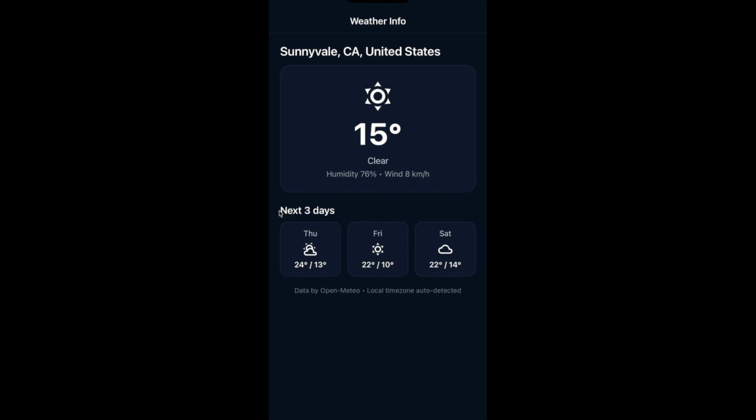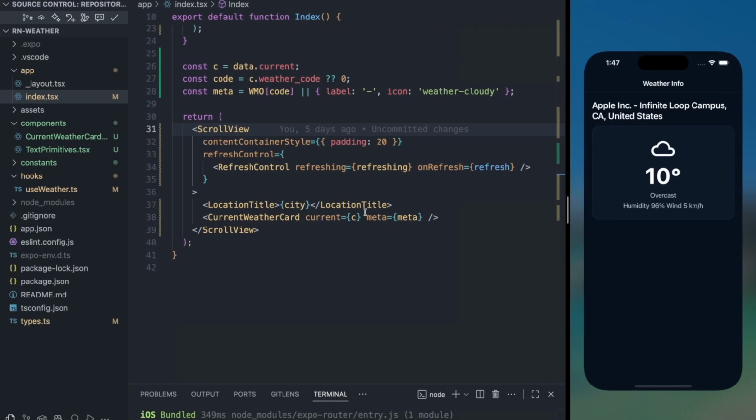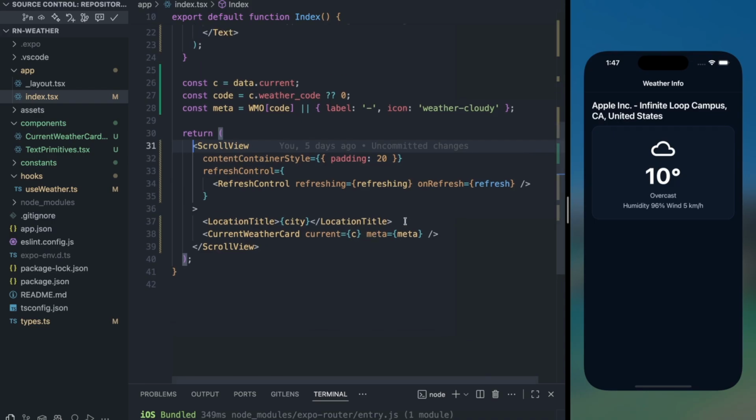Hi everyone, welcome back. In this video we are going to create this section. So first we will create this next 3 days title. So for that I will go to my code and I will copy this location title and paste it over here, and I will change it to section title,